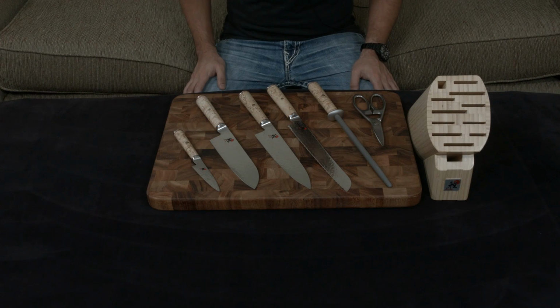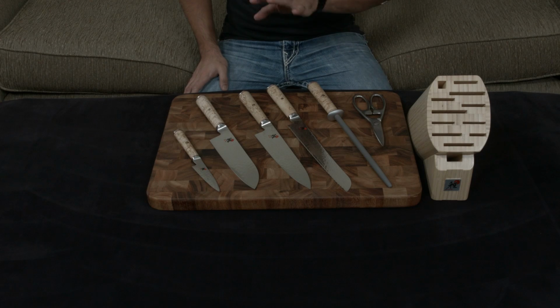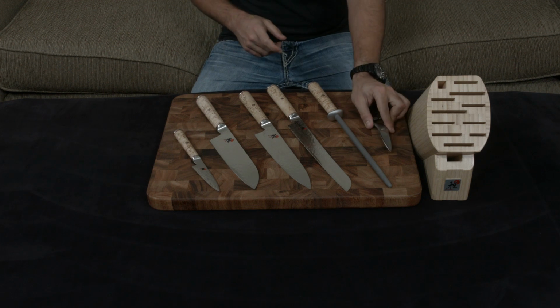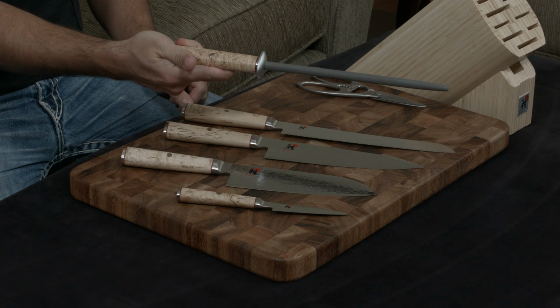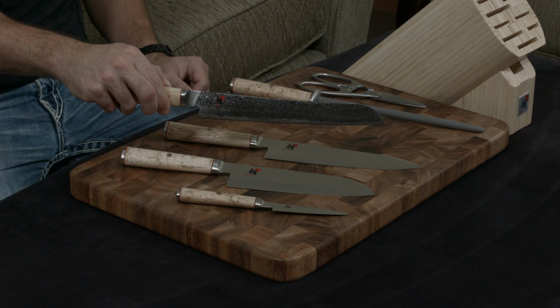This right here is the 7-piece knife block set under the Miyabi Birchwood line. You can tell they really stand out, and in terms of performance, they are far beyond what you could ever imagine. The set comes with a knife block, obviously, a set of forged kitchen shears, a tungsten carbide honing steel, which I'll explain why later on, a 9-inch bread knife,